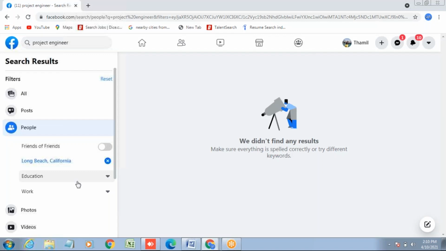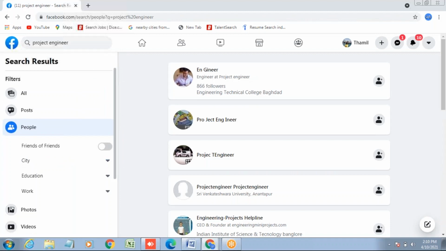It says we didn't find results. Yes. Make sure everything is okay. Try to do it from the beginning. Reset all the things. There is a button for reset. See, actually, on the right hand side it gives engineer, right?